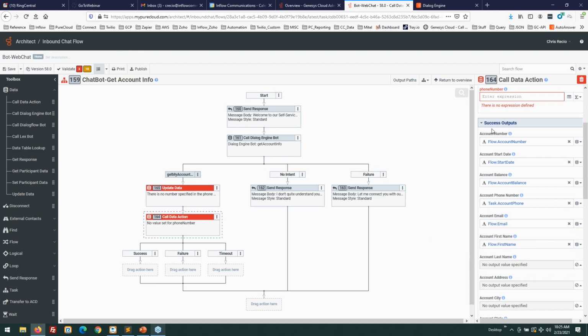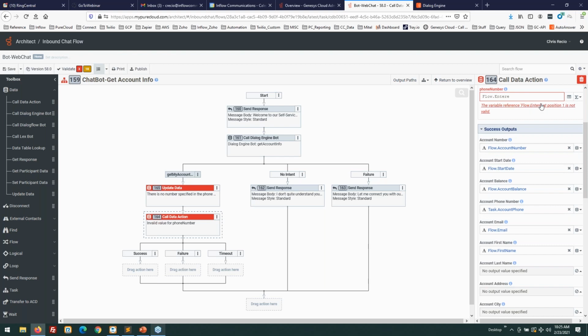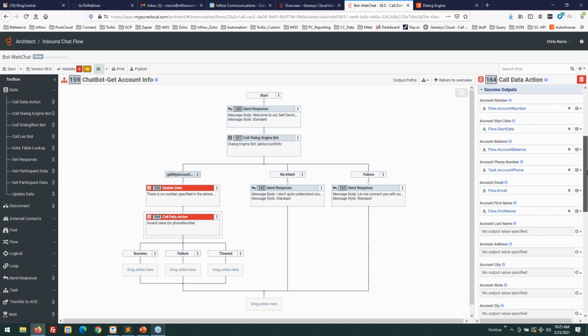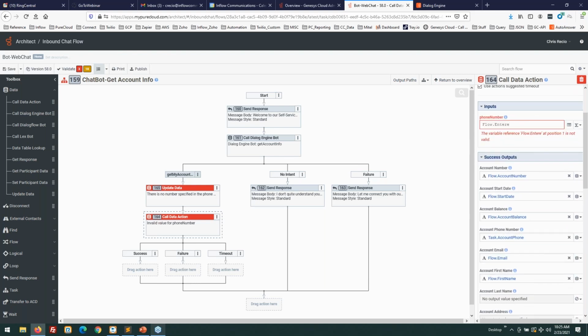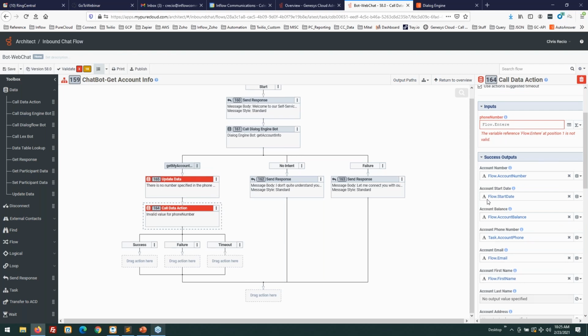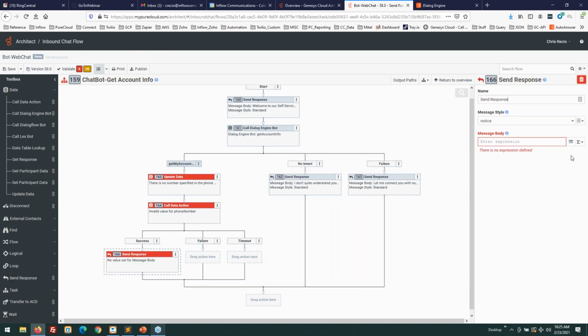You can create options that actually flow from task to task, but in this case, I actually want to use the data web service so I can speak something back or communicate back to the client. Now, once I've satisfied the outputs here, in my flow, you have on the left success, failure, and timeout. Obviously, in a success, we're going to then start sending responses back to the client.